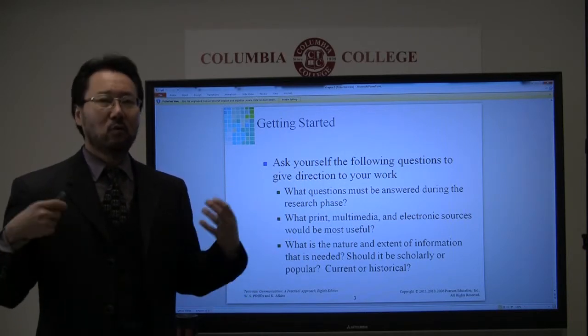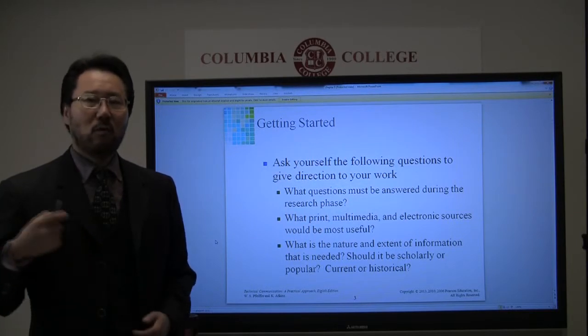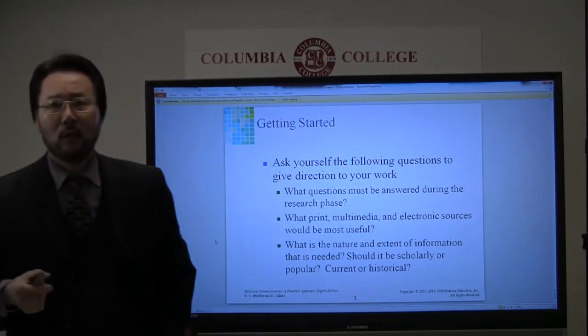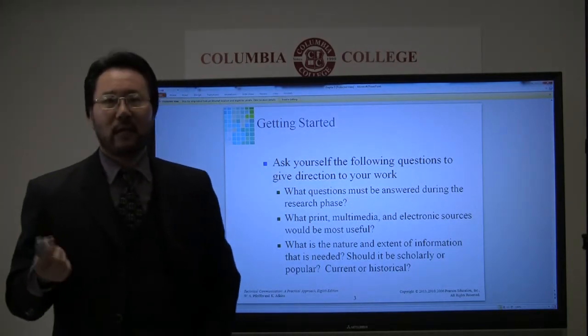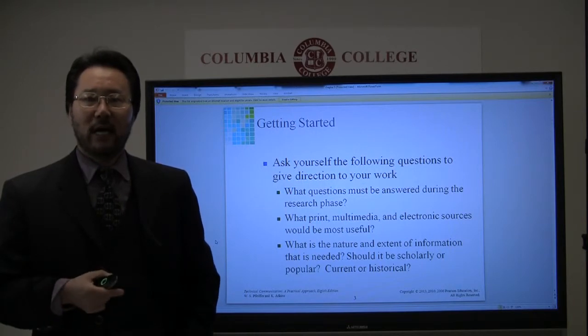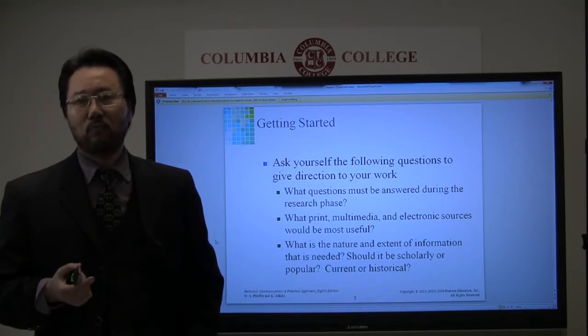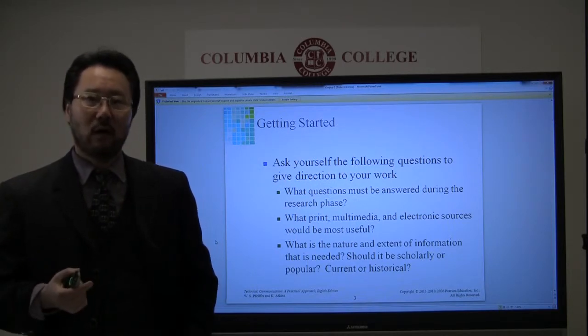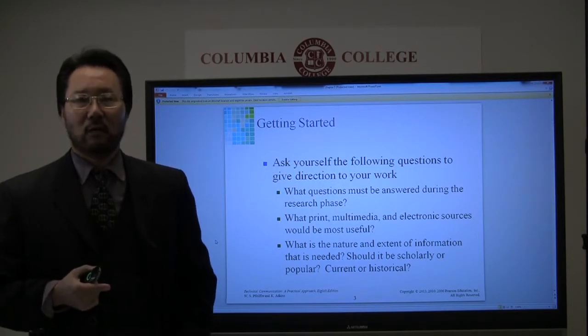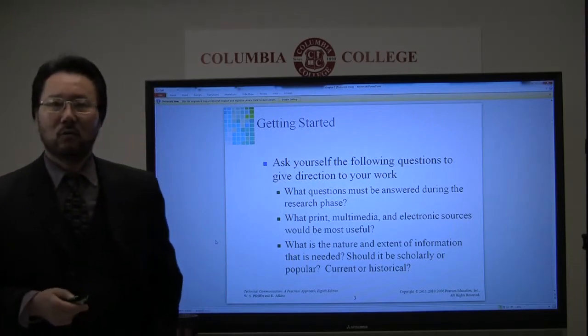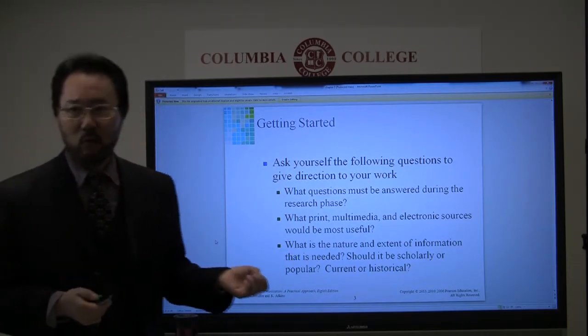So when you begin to do some research, let's say in the textbook case, the president asked one of the staff to research whether the company should replace their gasoline automobiles with electric automobiles, and the president wanted one of the staff to do research on whether that is a good decision or not. So this person had to begin the research from somewhere.